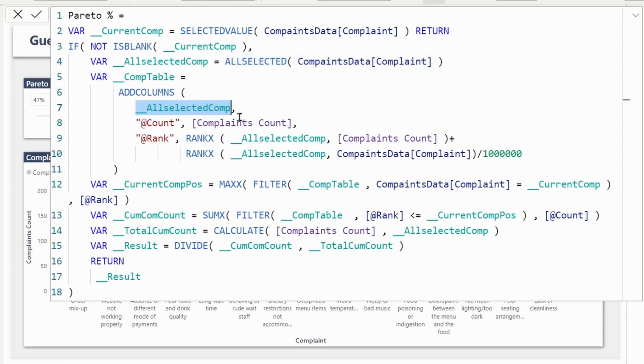For each complaint, we iterated and calculated the complaints count and the ranking. The first ranking is based on the complaint count. Then we added to that the ranking based on the complaint itself, which is an alphabetic ranking. That I had to divide by 1 million to get a decimal number, right? When added together, it created a unique ranking for each complaint. With this table, I went on